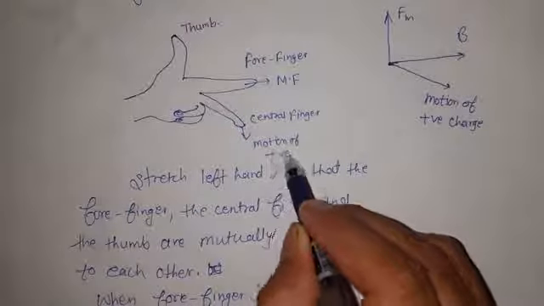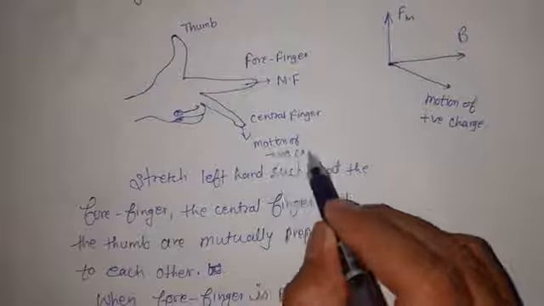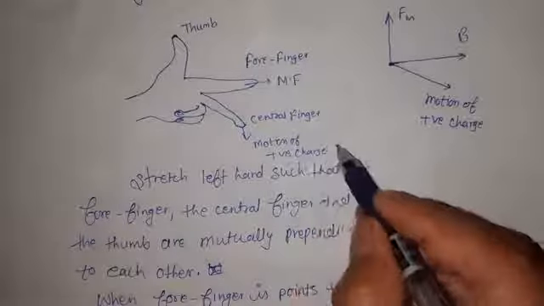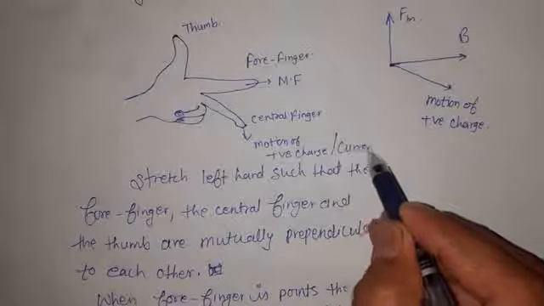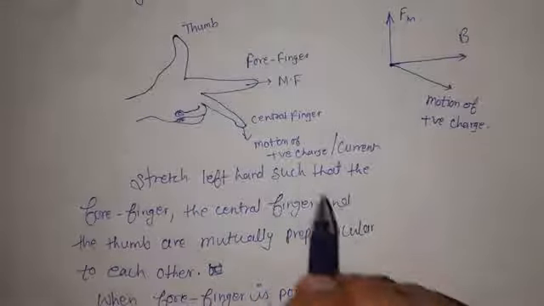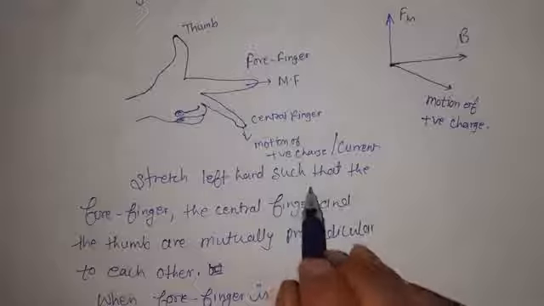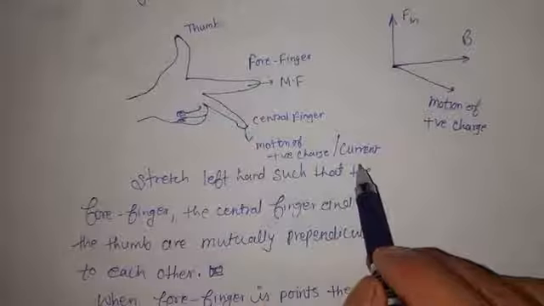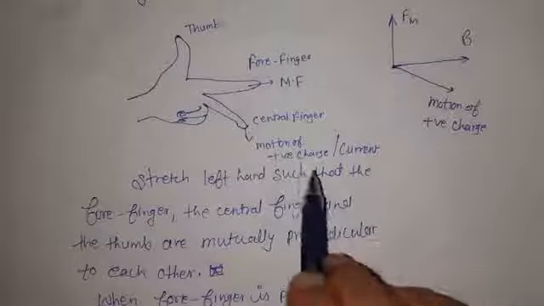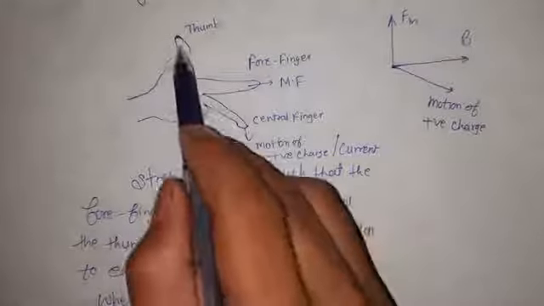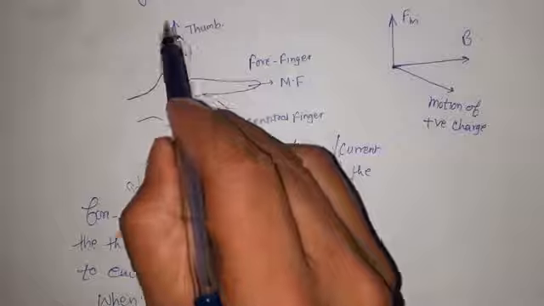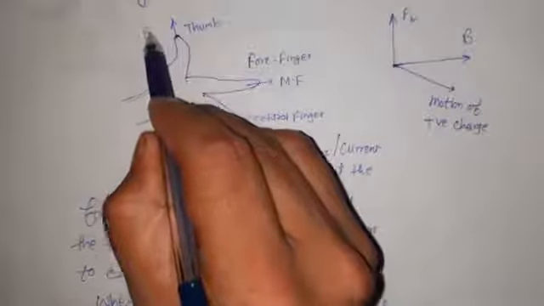And one thing that you should remember, जो पॉजिटिव चार्ज का मोशन जिस तरफ होता है, करंट की भी वही डायरेक्शन होती है. और इधर you can say it is as current, तो जिस तरफ करंट चल रहा है, that is the direction of a positive charge as well. So either in the direction of current or in the direction of that motion of positive charge, you should arrange your central finger. Then this thumb will give out the direction of the force.